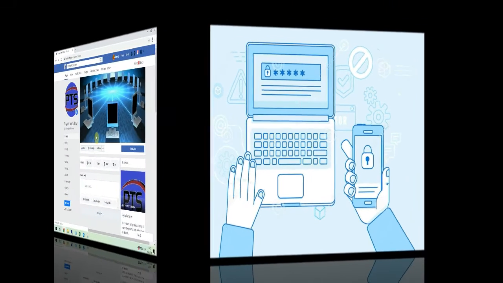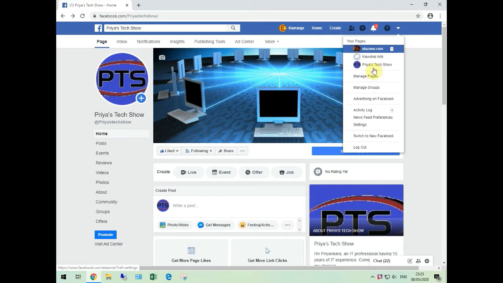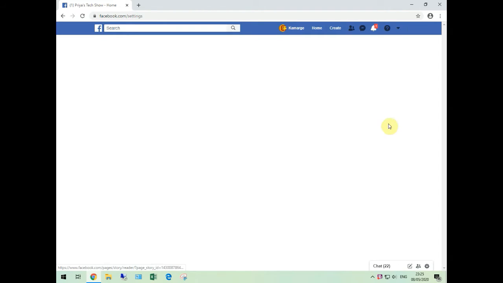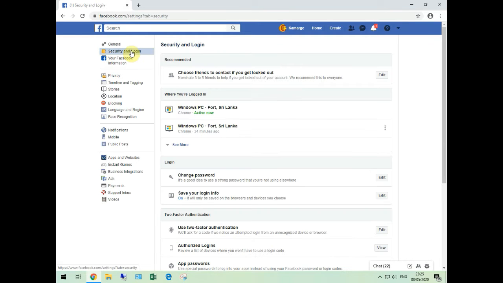To reset your FB password, go to your FB page and select Settings on the top of the window. Now click on Security and Login. See, you can see your login devices.